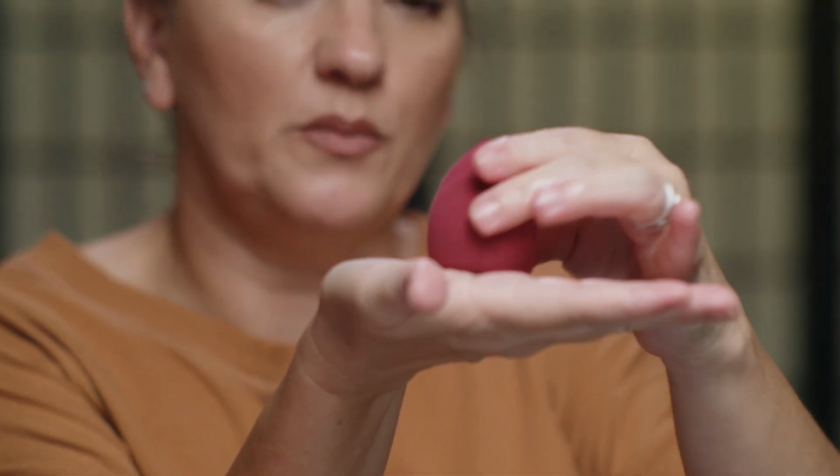So here, well, that's the original size, and then I'm gonna wet it, so I wanna see how big it expands to. Some sponges will really expand. I don't know. Maybe Ness can show the before and after, but